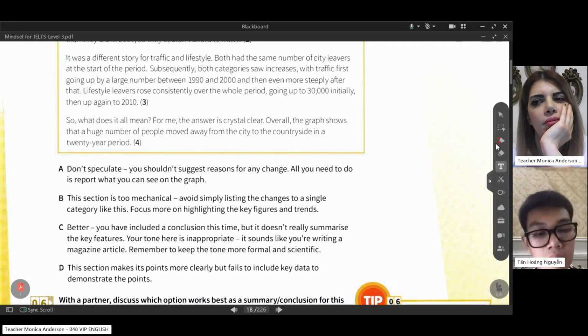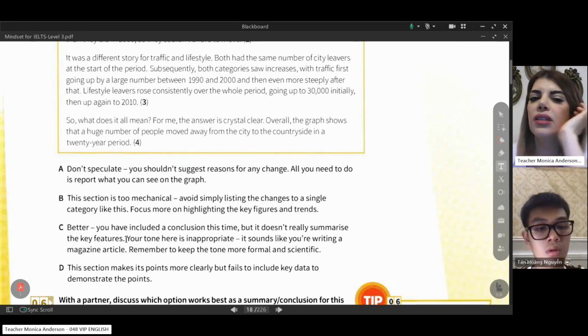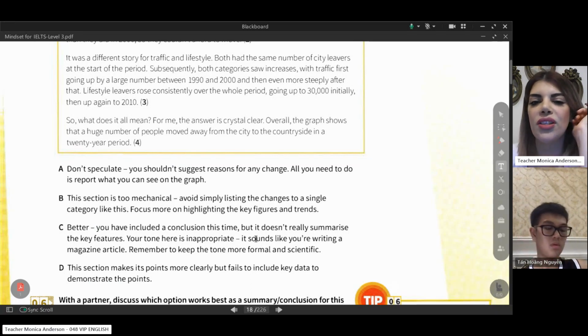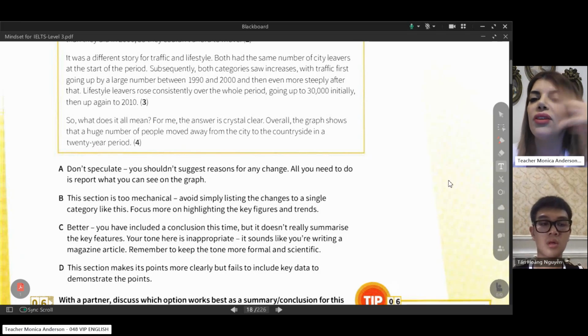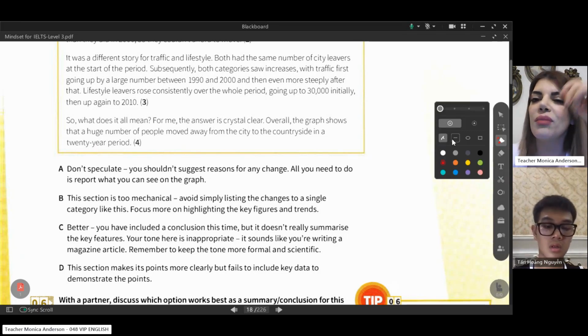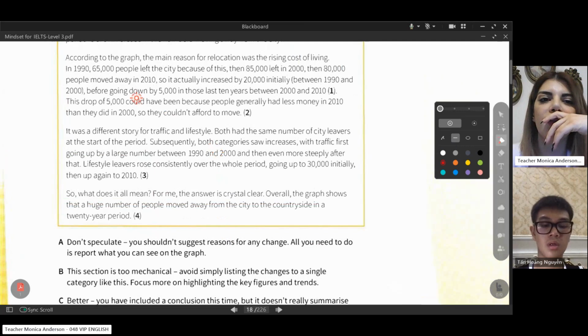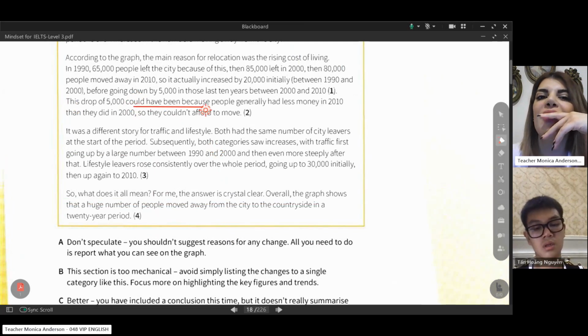I think C. You think C, okay, you have included a conclusion this time. No, there is no conclusion here, but there is something really important. Just pay attention to these words: this drop of 5,000 could have been